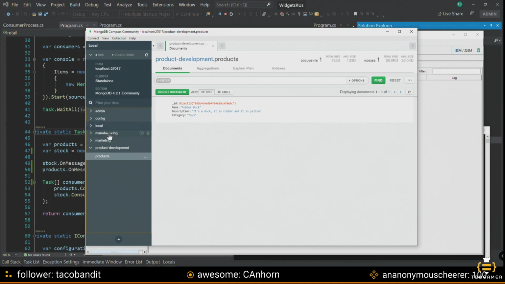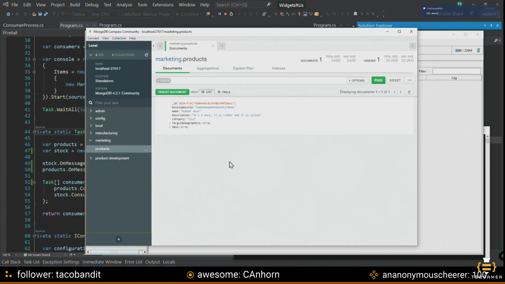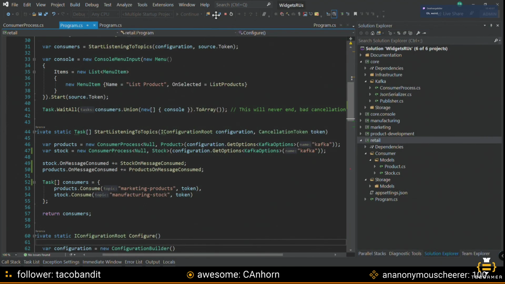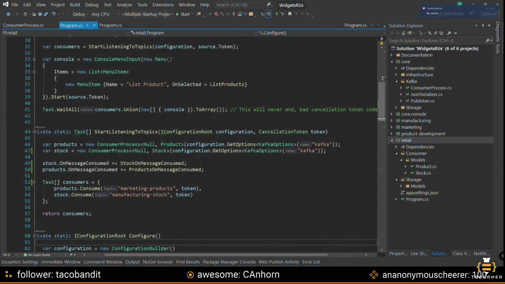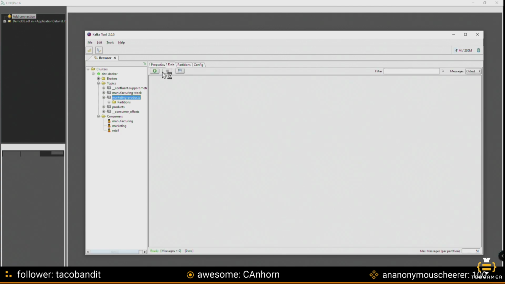Products. Manufacturing, retail did not start at all. So the marketing, manufacturing, and product development systems all ran fine. Retail did not start properly. Okay, so let's shut that down. Because of the way this is working, retail does have messages to consume, right? Because there's products in marketing